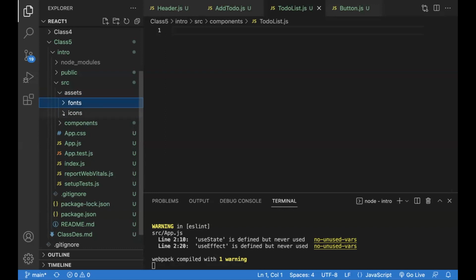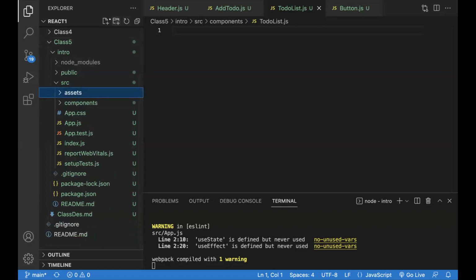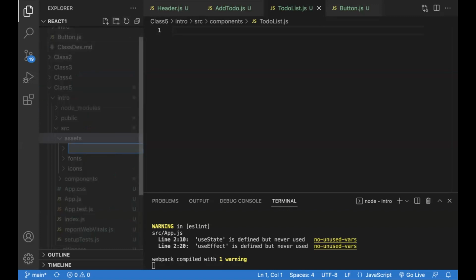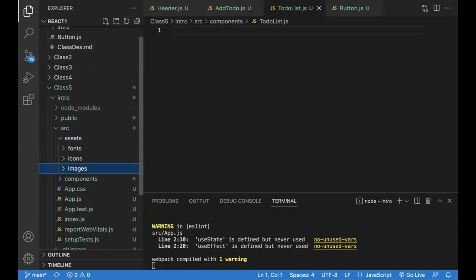If you have icons, put your icons here. If you have images, you can create another folder inside here and name it images. I'm just showing you the general code structure to prepare you,